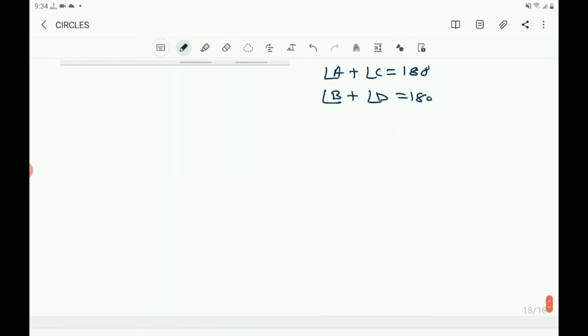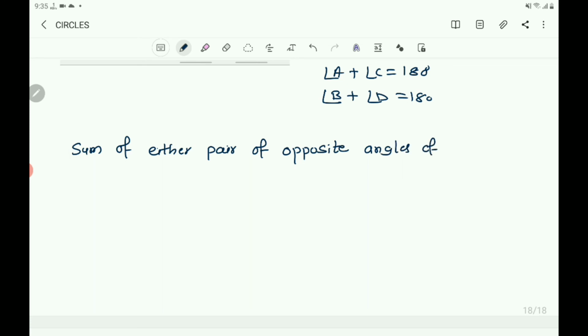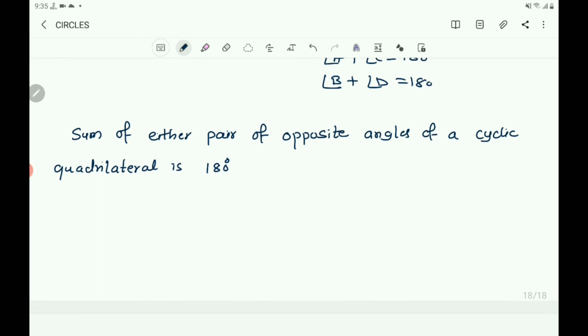So you write that: sum of either pair of opposite angles of a cyclic quadrilateral is 180 degrees. Or also, in the converse, you can say,